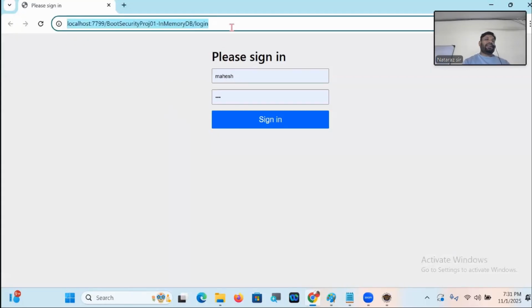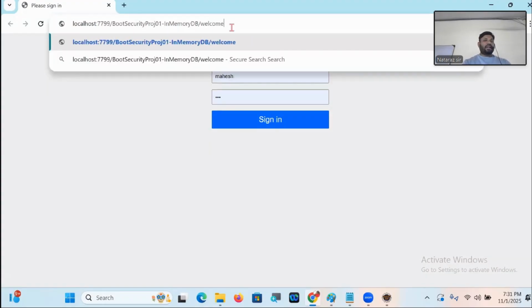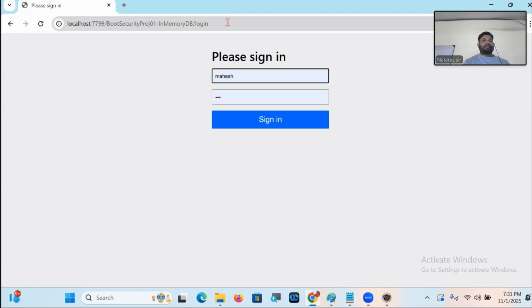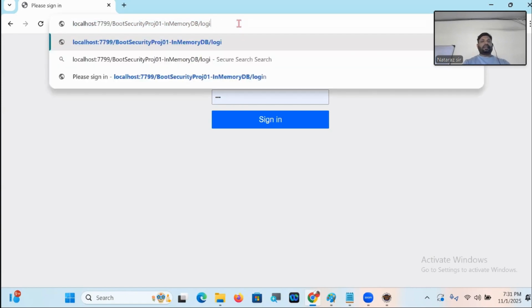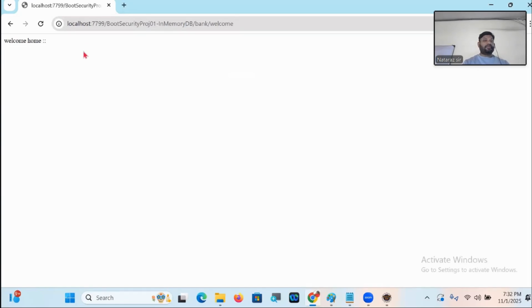Forget about it, by default it is pointing to login. Leave it. Here I am typing what? Welcome. Yeah, bank/welcome, sorry. By default, it is pointing to the other one. That's why the form has come. Welcome home. For this one, no, permit all. We said permit all. Okay, then